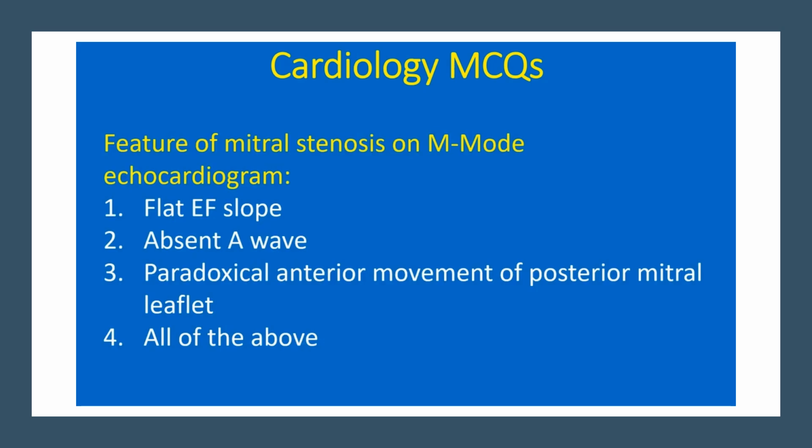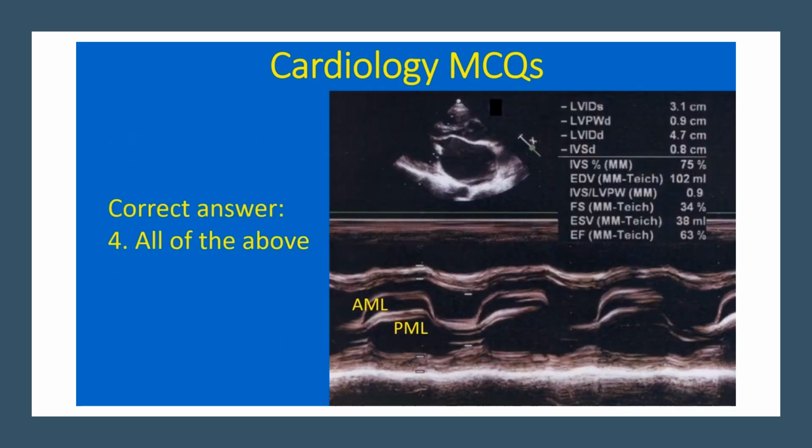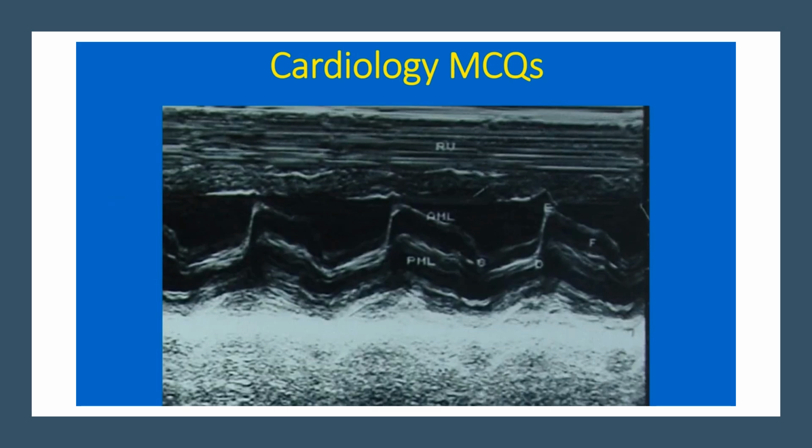Feature of mitral stenosis on M-mode echocardiogram. 1. Flat EF slope, 2. Absent A wave, 3. Paradoxical anterior movement of posterior mitral leaflet, 4. All of the above. Correct answer 4. All of the above. Here is an M-mode echocardiogram in severe mitral stenosis with flat EF slope, absent A wave and paradoxical anterior movement of posterior leaflet. Another M-mode echocardiogram showing reduced EF slope, absent A wave and paradoxical anterior movement of posterior mitral leaflet in mitral